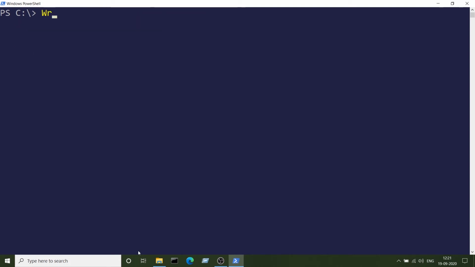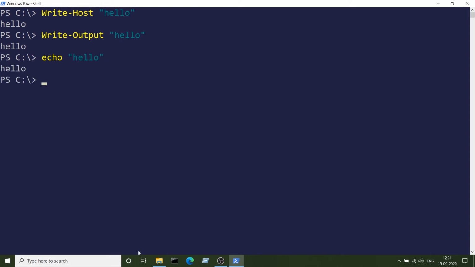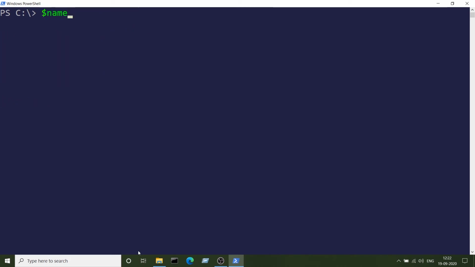Input output in PowerShell. There are multiple ways to output data in the PowerShell terminal. You can use cmdlets like Write-Host or Write-Output to write some output in the terminal. You can also use echo to write something on the terminal. For the string data type, you can enclose the value in single or double quotes, but for the number data type, no quotes are required. You can use the Read-Host cmdlet to take input from users. Here, I am taking an input from the user and saving it to a variable and finally printing the variable value on the terminal.